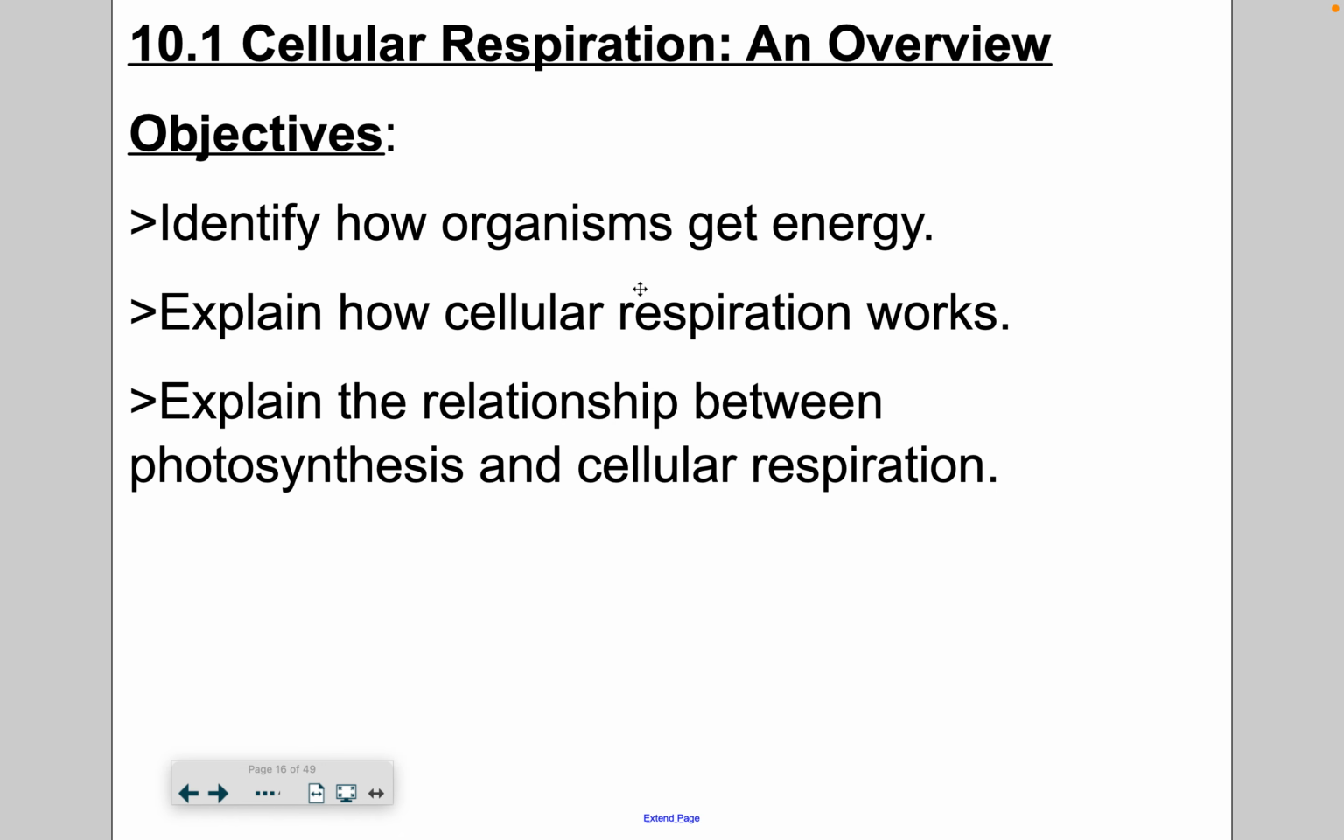So I talked about how organisms get energy, and that is through food, and then they break the food molecules down to get to glucose, and it's glucose that's really providing the energy to create ATP. Explain how cellular respiration works. We talked about 3 stages, glycolysis, the Krebs cycle, and the ETC, and kind of how that works, just briefly. We'll go more in depth later on. And then the relationship between photosynthesis and cellular respiration, how they are opposites of each other. So yeah, that does it for this